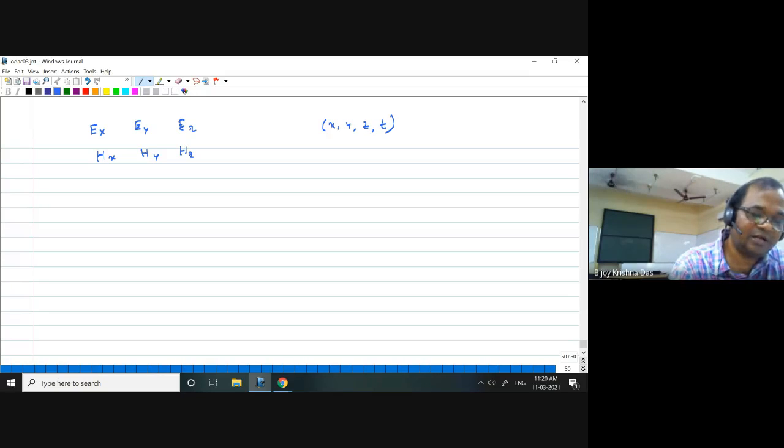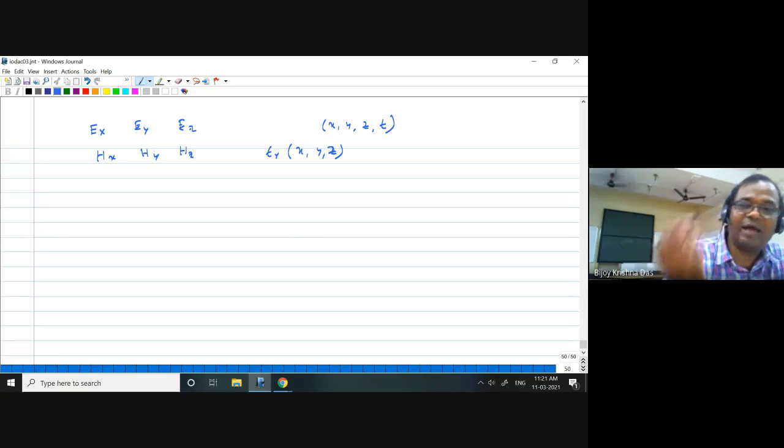Okay, at a particular instant. That method is so far the most accurate, but it is a numerical solution. You have to develop some kind of algorithm and solve it. Your epsilon r has to be x, y, z dependent. Of course, you can consider it time dependent also, as long as you include the del t term. Epsilon r of x, y, z, these things are there, and you develop it directly point by point. You can solve it, and you can also get the time dependent variation directly. You don't need to bother about the frequency, etc.